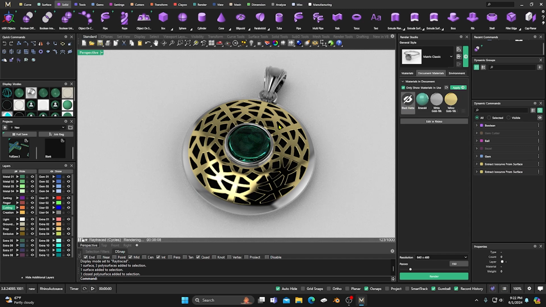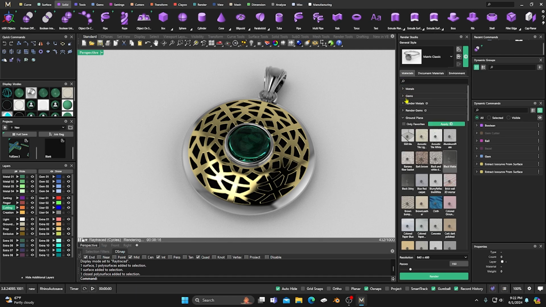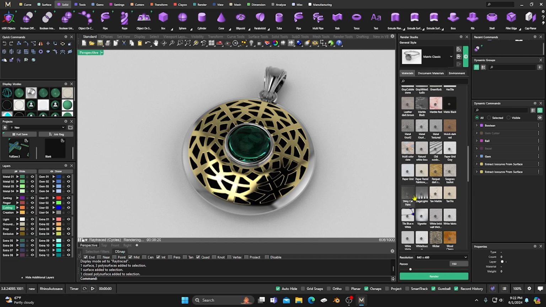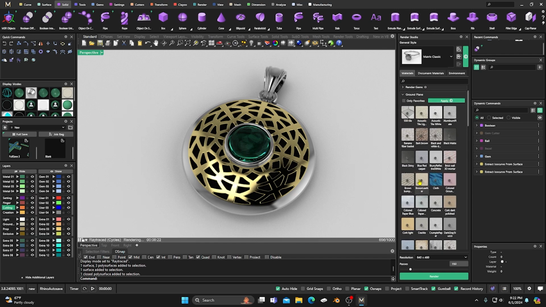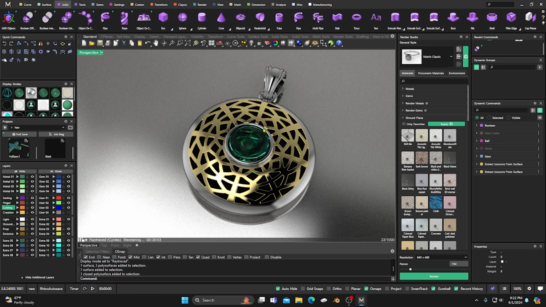We can put lights out there, give it more lighting. Let's select this here. Let's go in and let's close out some of this stuff. Metals, gems, ground planes. Let's go down to shiny car paint, and let's activate that puppy there. And you can see we can get a nice little render going on. So if we rendered it out,